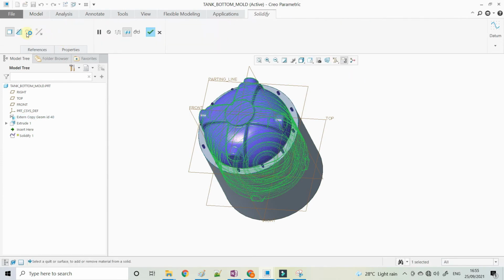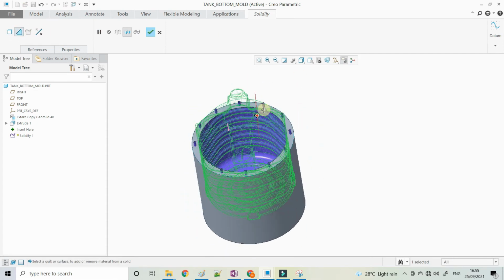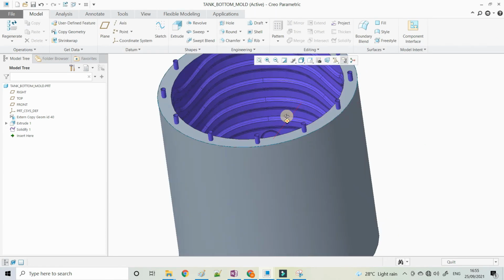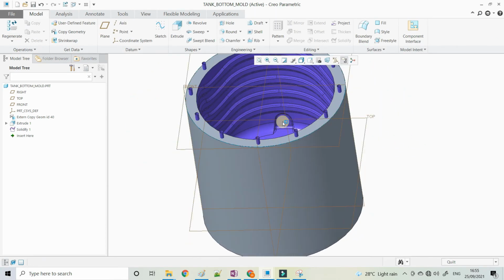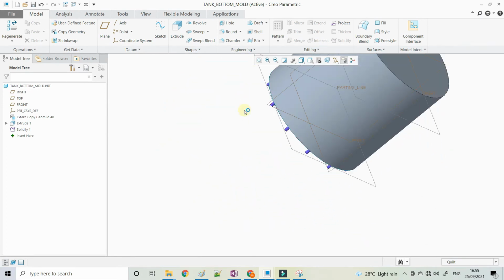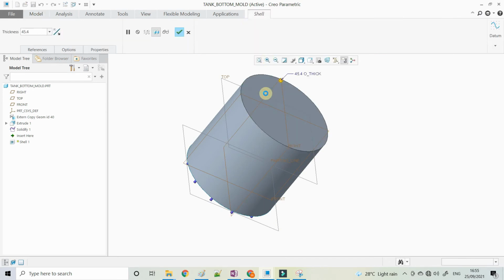That's why we use them for both, so if we change the model itself, it will change in the bottom and the top mold. For that we have created all the hole core and the parting plane in one model. So here I'm applying the thickness with the help of the shell command.